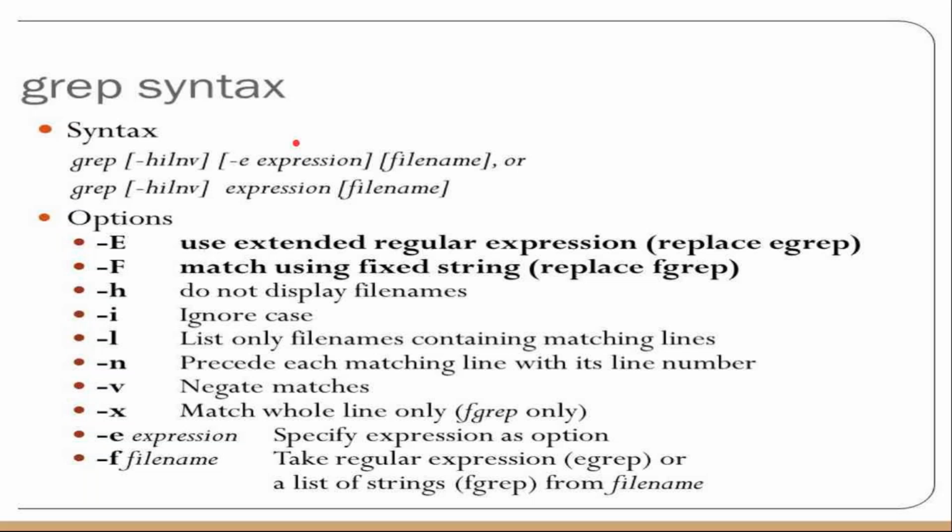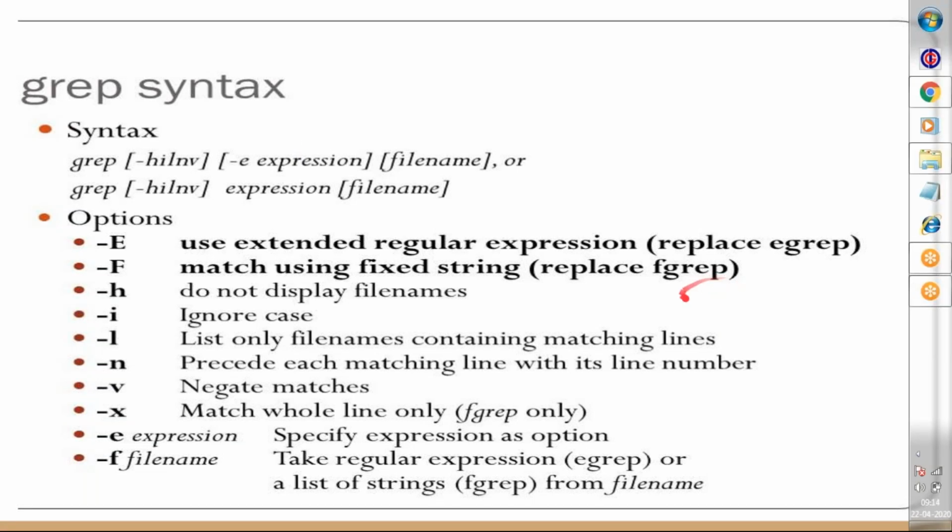Same here. In this, we have only one thing. For example, if you're going for the F option, grep -f, that means you are mentioning the file name. Some shells support the grep find version or different fgrep and egrep. So when you're searching using fgrep, you can go for hyphen f, or you directly go for fgrep. That means you're using the files.